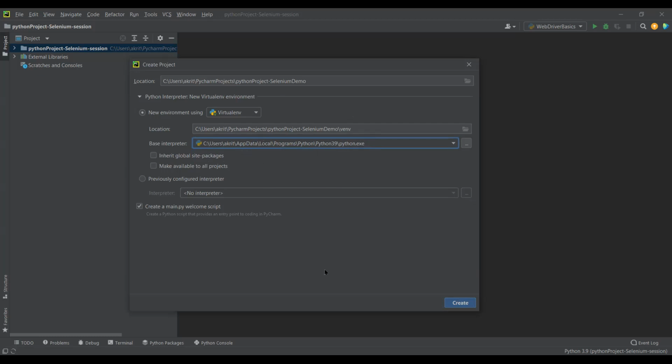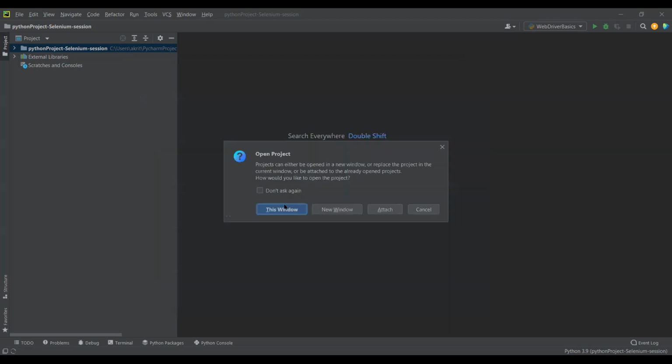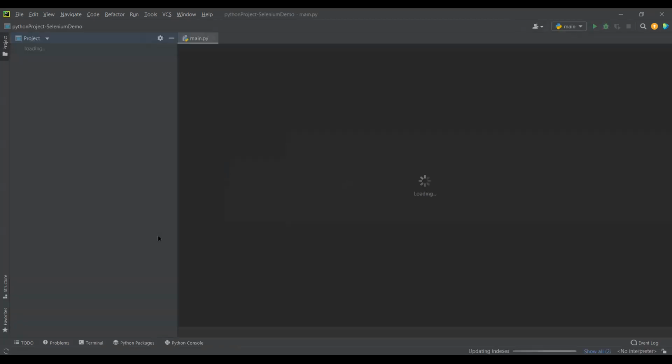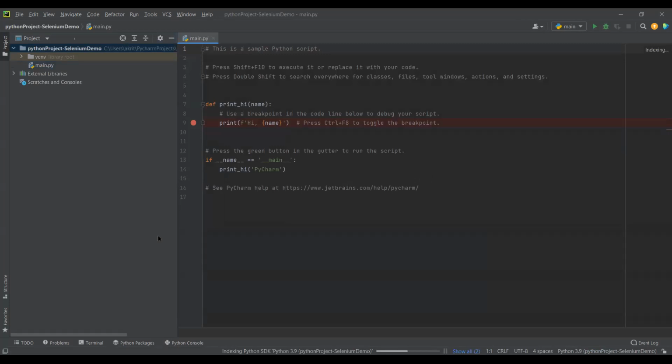It won't show any error. And once it is done, we don't need to change anything. We'll just click create. It's the basic setup. I'll open it in this window only. It will take some time, but it will be done within a short period.